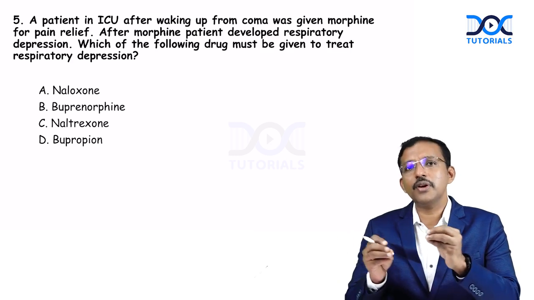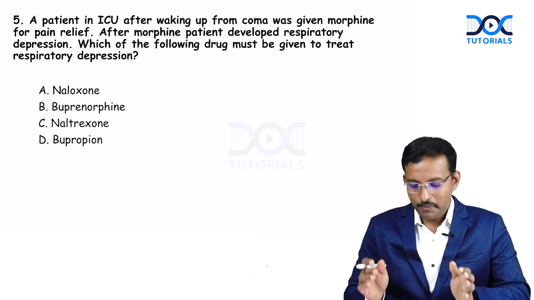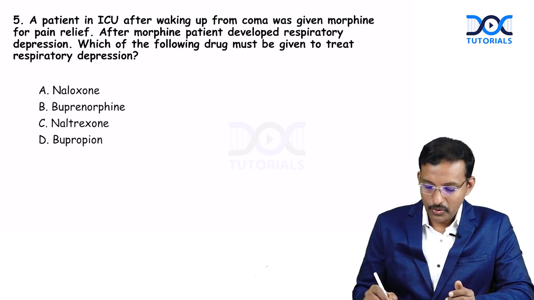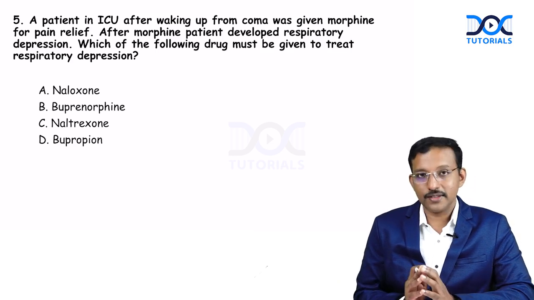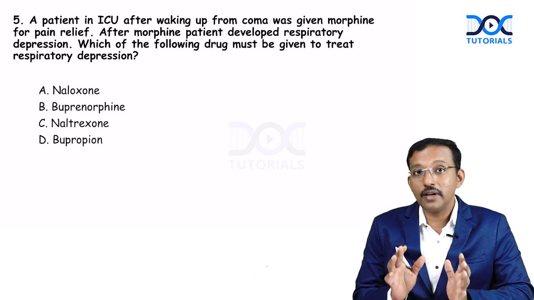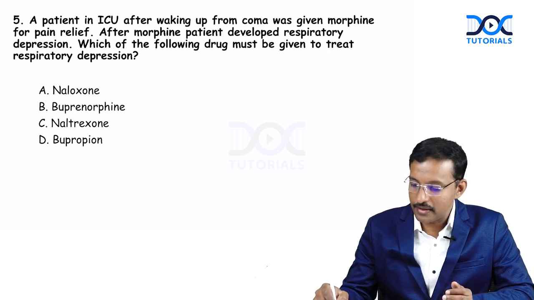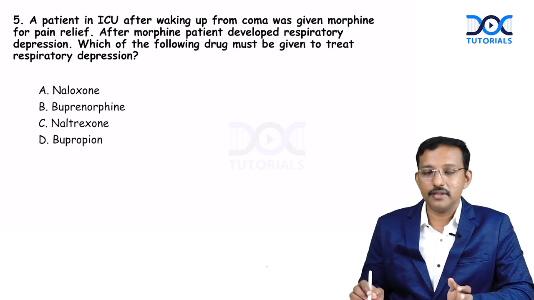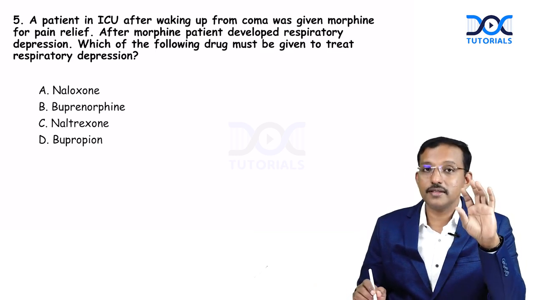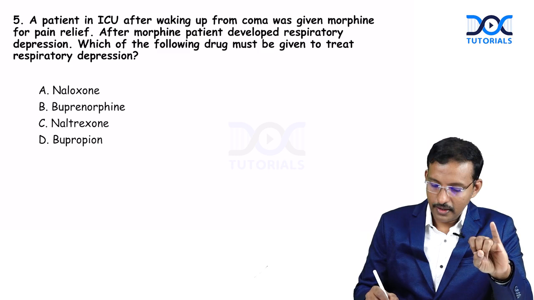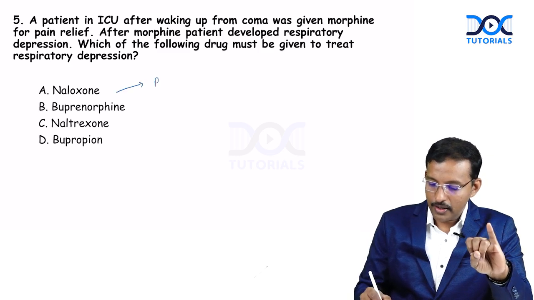So in fact, opioid antagonist is the question. So the pure antagonists, we have two of them, naloxone and naltrexone. So the question is, why is it used? It is used to treat an emergency situation like respiratory depression. So we want a drug which is a pure antagonist. Naloxone is a pure antagonist,